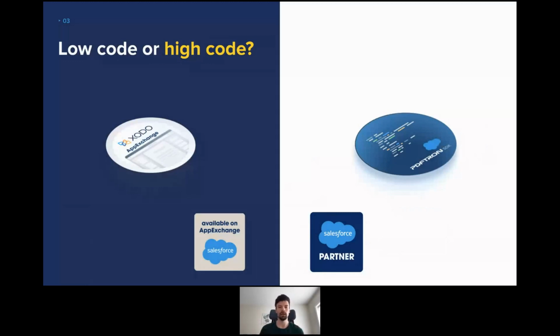So, low code or high code. A lot of the time, if you're looking at the PDFTron SDK offering, it sounds like a software development kit, and you're like, oh man, I don't really have any developers to implement or customize that. Sounds like they need to know JavaScript. So we actually developed two flavors of the solution. We have a low code, I would say almost no code, option that can be easily grabbed by your